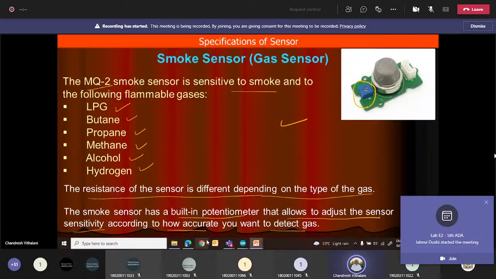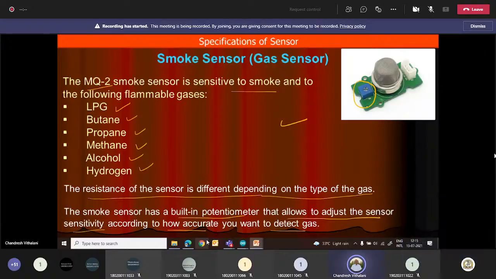So you can also consider public places where smoking is prohibited; you can put the smoke sensor there, so that if somebody is smoking, it will give an alarm to the people who are there. For various applications, you can use it for safety purposes, for gas leakage.